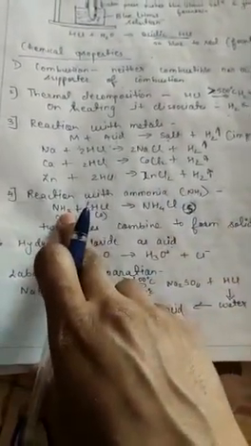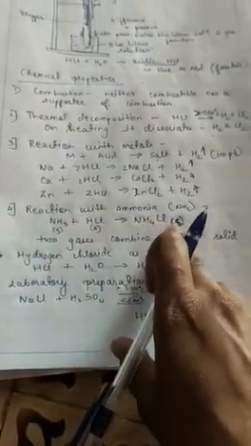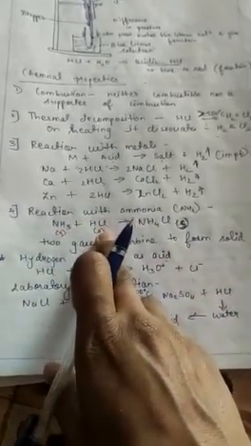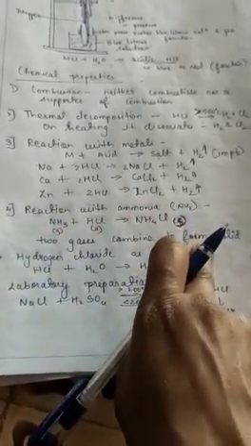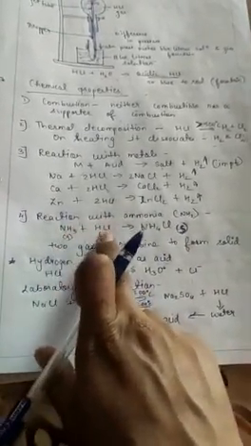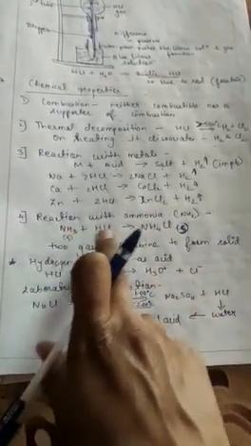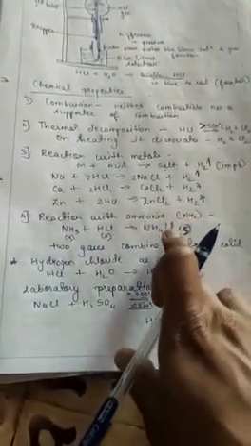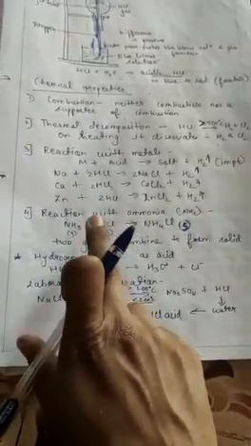The fourth chemical property of HCl gas is the reaction with ammonia. We have seen that when ammonia reacts with HCl, it forms ammonium chloride. This is the only reaction in which two gases combine to form a solid. So in the exam, if they ask for a reaction where two gases react to form a solid compound, this is the only reaction: gaseous ammonia reacts with gaseous HCl to give solid ammonium chloride. So hydrogen chloride, gaseous, reacts with ammonia to form ammonium chloride.